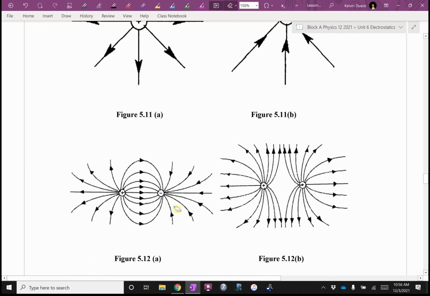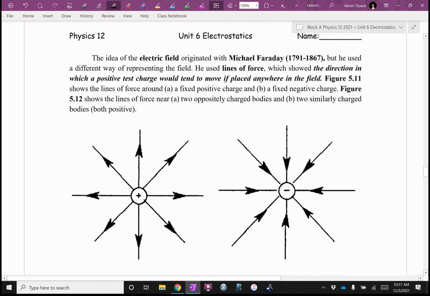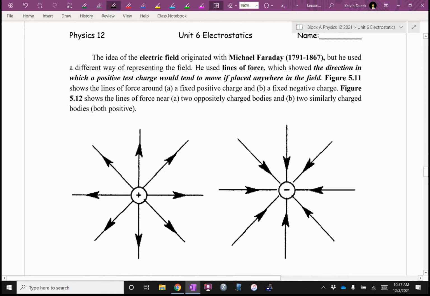Here? Yes, but that's what those arrows are showing, right? It's just that the direction of the electric field we defined as which way a positive charge sitting there would want to move. The concept of electric field and field lines originated with Michael Faraday,